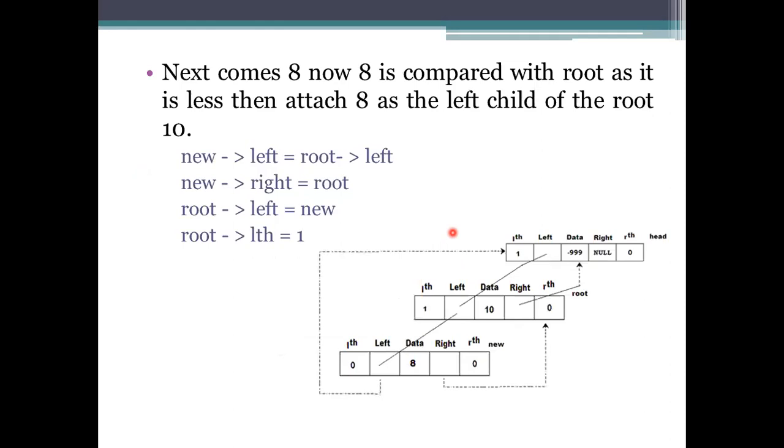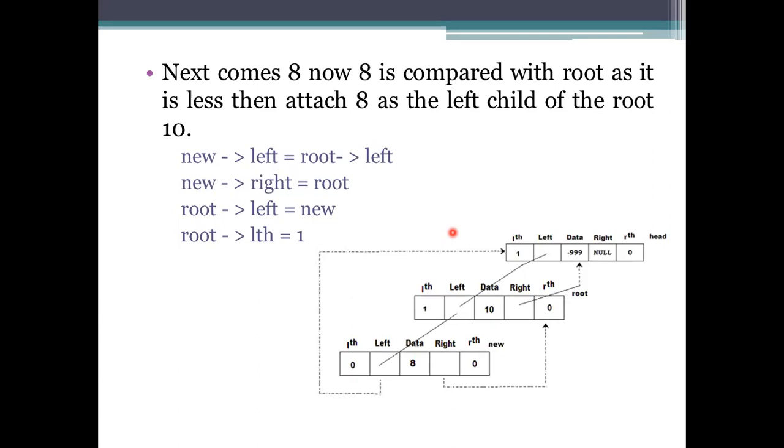And now come to add another element, which is 8. So where do I have to attach this? This is a binary tree like representation. So 10 is greater than the value, so go to the left side of that. So it is having the left child. The left child value has to be incremented by 1 and give the left child pointer to that left child there itself. And you need to specify whether it is a root or any other. So 10 has been specified as the root for that representation.